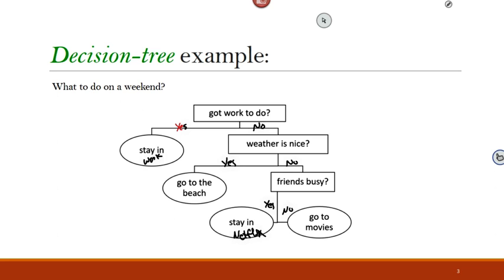And if they're not, then you can get with your friends and go to the movies, because it's raining outside, so you can just go to the movies. So this is a simple decision tree. This is the basis of tree-based methods. They are simple, easy to use, and the model is the tree. So we call it tree, although it's upside down.